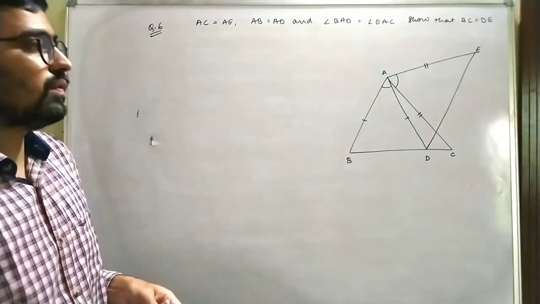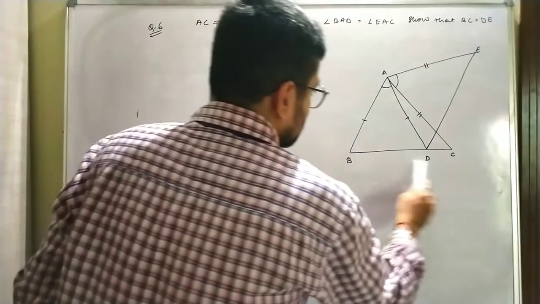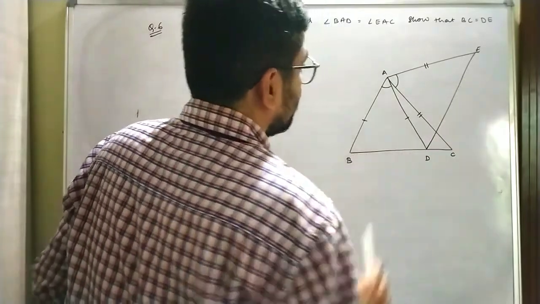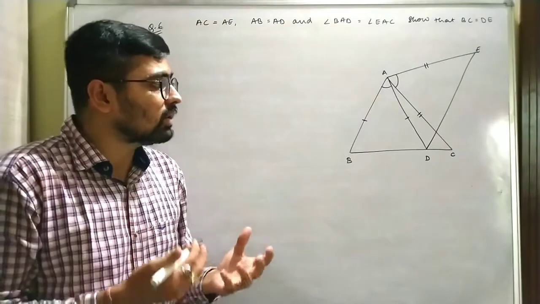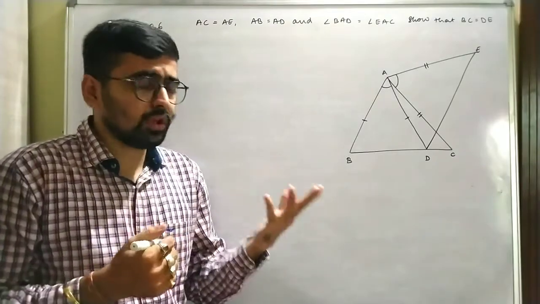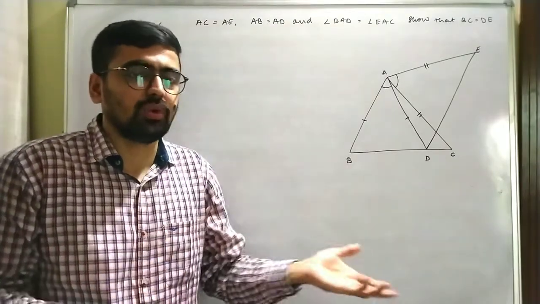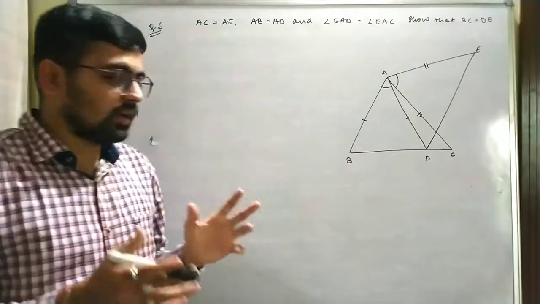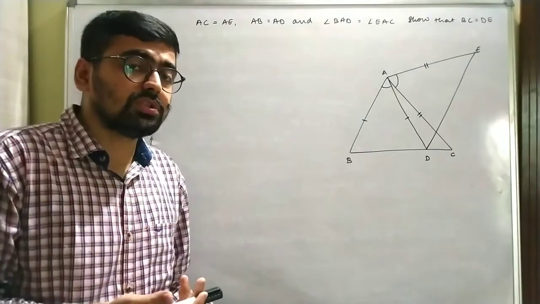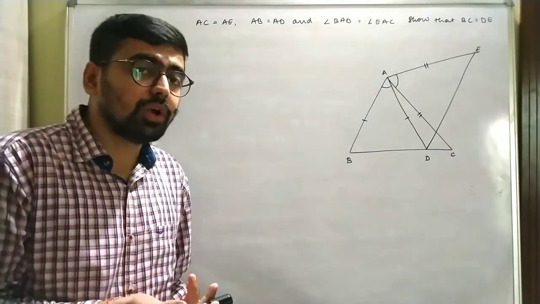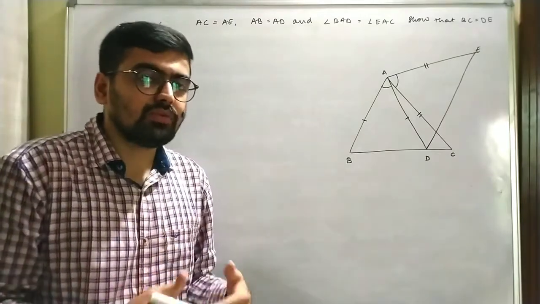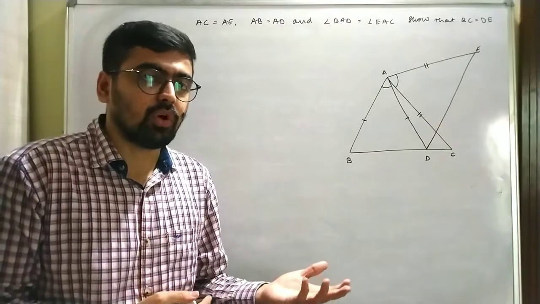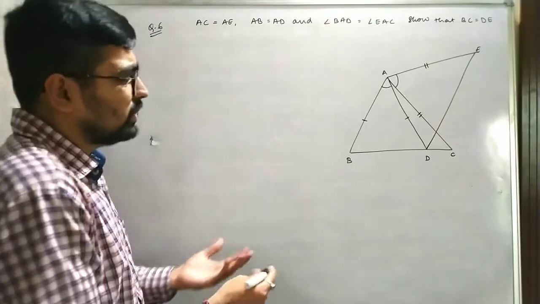Now we are supposed to prove BC equals DE. This is the BC side and this is DE. Correct. Now the important question over here is how can we prove them equal? So definitely you will be telling me, sir, we will do it by the congruent property. But the next important question is which congruent rule we are going to apply, or on which two triangles we are going to check whether they are congruent or not, because as you can see there are so many triangles.